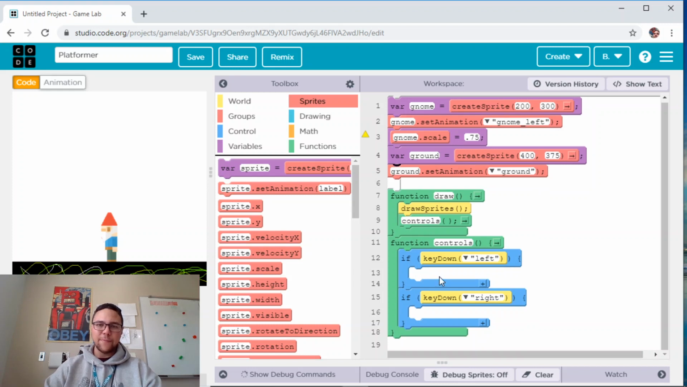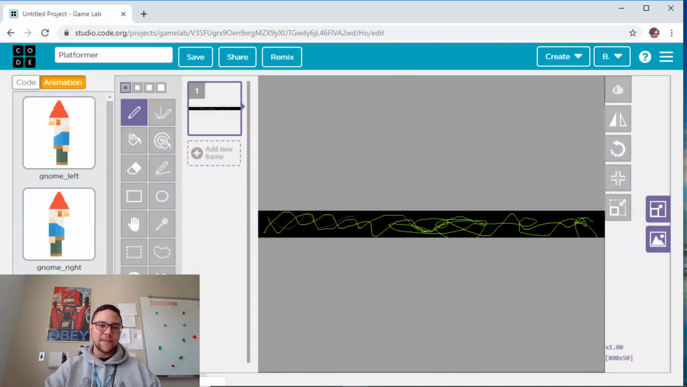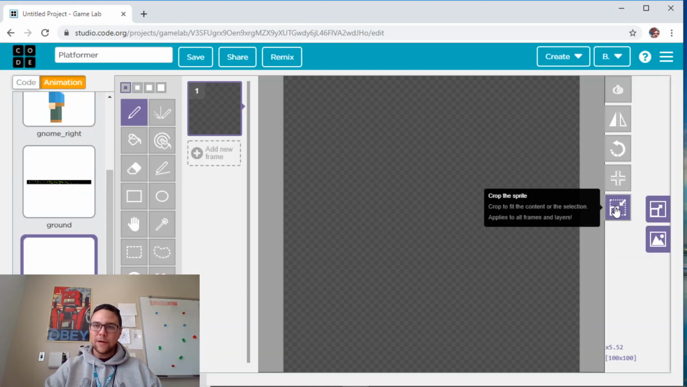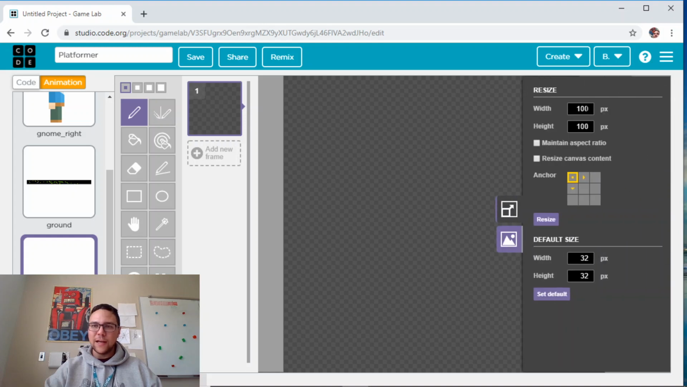So now, if I press key down left, what do I want to do? I want to actually make the ground start moving to the left, not the gnome. This is going to make it so that we could draw an entire map. Let's see what the max width of a sprite is. I'm going to draw my own. Let's say I wanted my entire map to be one giant image. Let's try, I don't know,